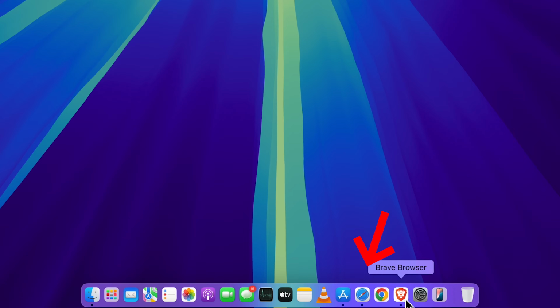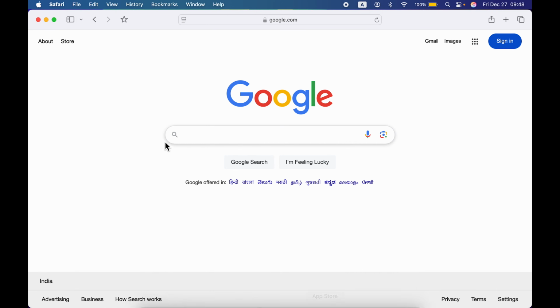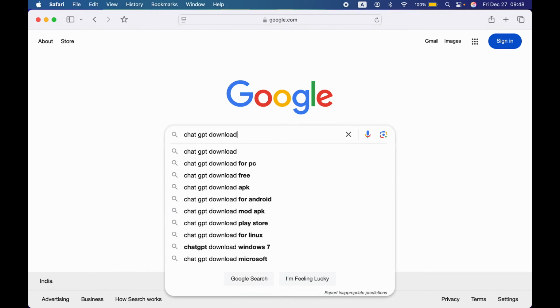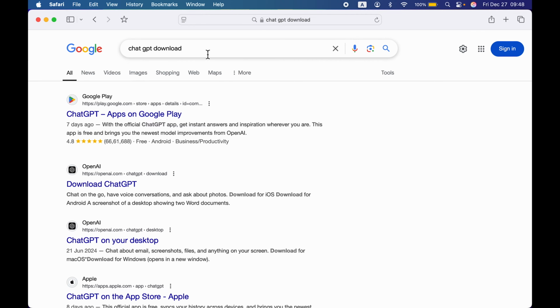You just have to go to any particular browser. If you're using Safari, go to Safari. If you're using Google Chrome, go to Google Chrome, or you can simply open any browser and go to google.com and search for ChatGPT download. Once you search for ChatGPT download, you get multiple links over here,